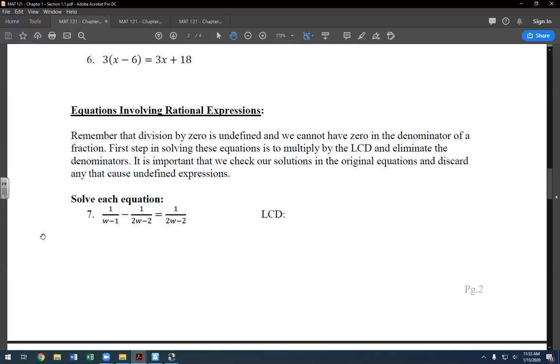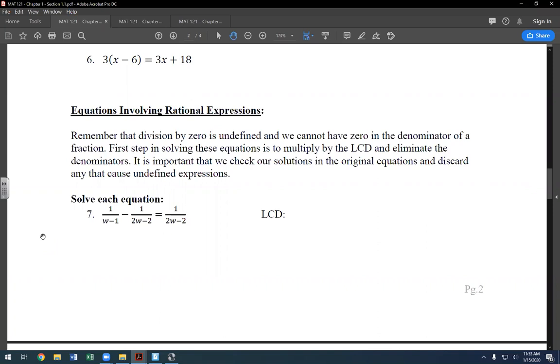So as your instructions say, start by multiplying your entire equation by the least common denominator. And the idea here is kind of like I showed you in number 2. If you multiply your entire equation by the least common denominator, you get rid of your fraction. And it makes solving a lot easier. But I know, again, depending on how you guys saw these problems, some of you do have different techniques which works equally well. So if you're comfortable with a certain way of solving it, I'm okay with you guys doing it